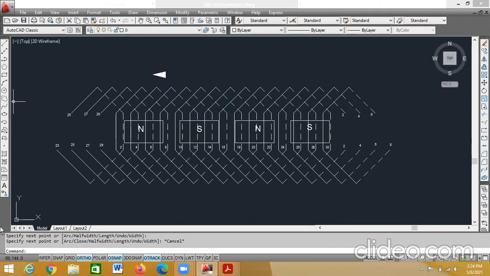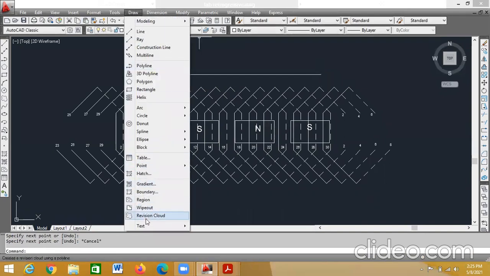Press the escape button or enter button. I've got the arrow. So this is the starting width of 0.4, ending width of the half width is 0. I have drawn the arrow. Now I'll go for the line, from the midpoint of this arrow, draw a line.